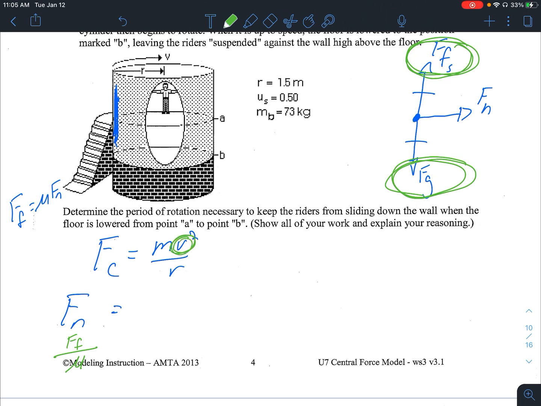So the question's a little weird. It talks about this period of rotation. All period of rotation means is how long does it take to go one revolution. So since time is hidden in velocity, that's what we're looking to solve. So once you get a velocity,